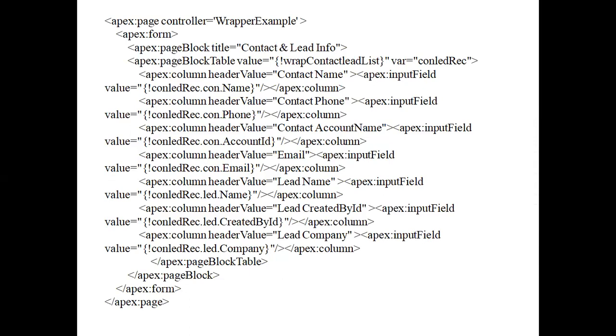All this. This is one use case, and the other one is that generally we can use it in integrations. In integrations, we get some data from a third-party system that we want to divide into 2 objects, 3 objects. Then we can use the wrapper class.